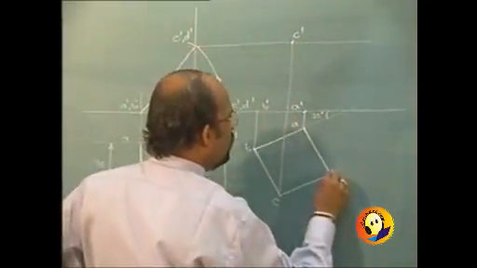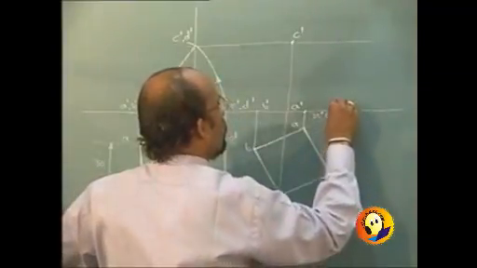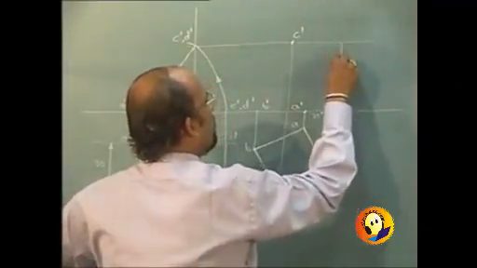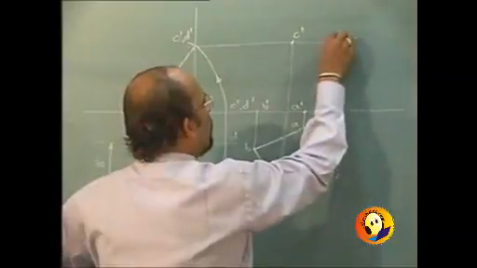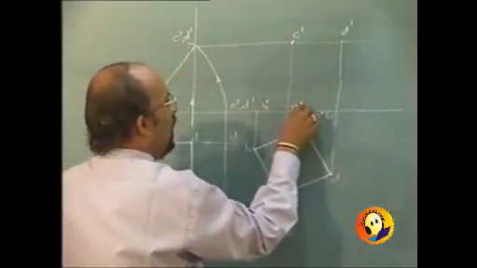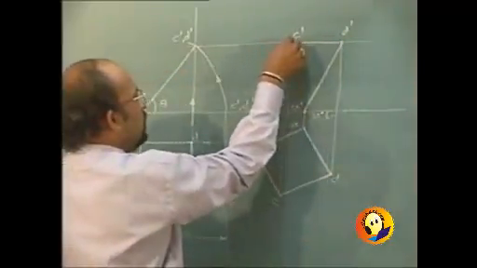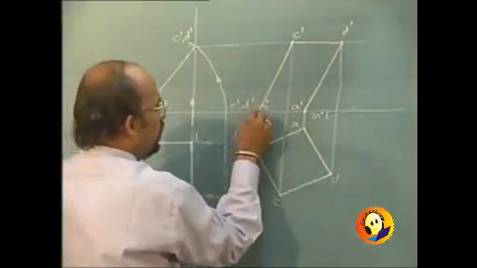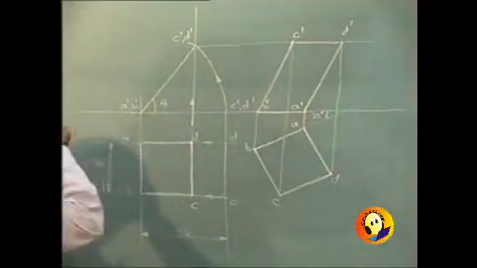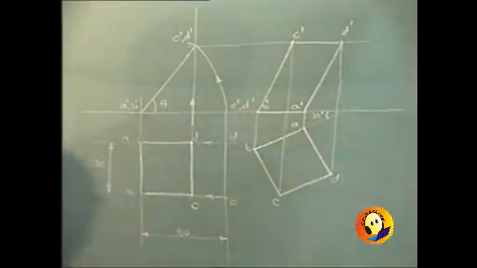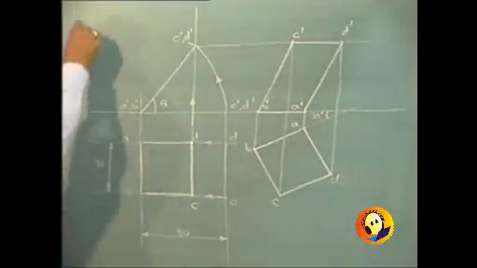And projector through D up to path of D will be point D dash, and they should be joined in the same sequence. Will be the solution